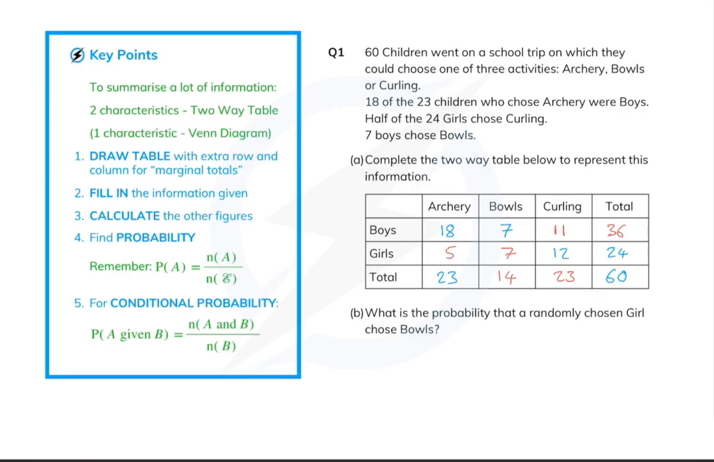Now, what is the probability that a randomly chosen girl chose bowls? This is actually a conditional probability, but because we've got a two-way table, we can do this in a much more intuitive sort of way. We're looking at the girls, there are 24 of them. What's the probability that one of them chose bowls? Well, there are 7 of those that chose bowls, and so we can say the probability that they chose bowls, given they're a girl, is